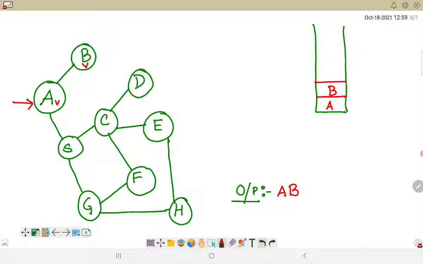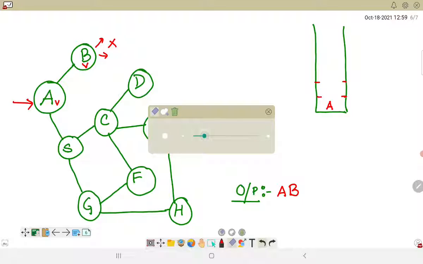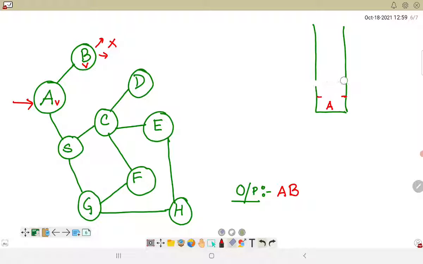Now B is further evaluated, but it does not have any adjacent nodes, so B is popped out of the stack, and it comes back to the root node from where it was initially started.